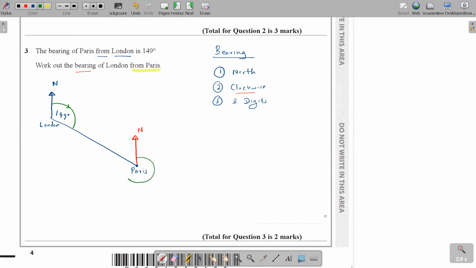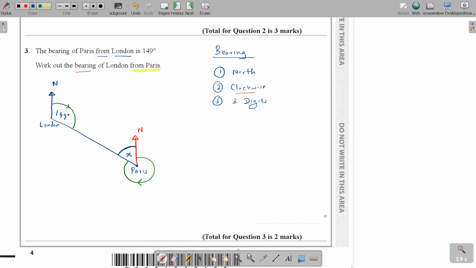So you can see I come up over here. So this is the angle I get. This is the bearing of London from Paris. So I need to calculate this angle. What I first do is calculate this angle that I mark right now. Let me mark it as x. I'll first be finding x by using